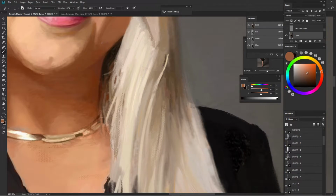Now we can lower the opacity. If you want to get more blending in, you can lower the opacity. I just hit 5, lower it to 50%. And so one thing that I wanted to tell you is if you're doing a portrait, when you're painting, go